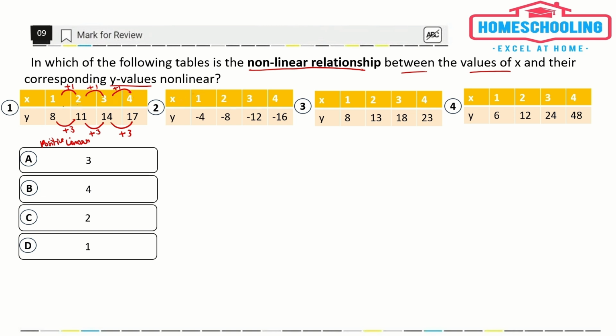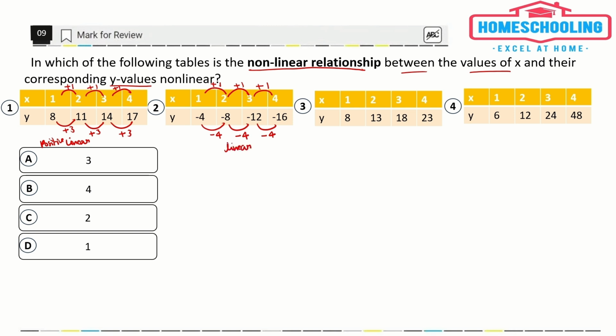Now let's come to the second table. When x is increasing by 1 unit, y is decreasing by 4 units. So this is a, now let's take another value. When x is increasing by 1 unit, y is decreasing by 4 units. Again, when x is increasing by 1 unit, y is decreasing by 4 units. So this is also a linear